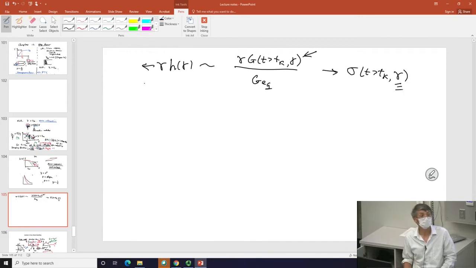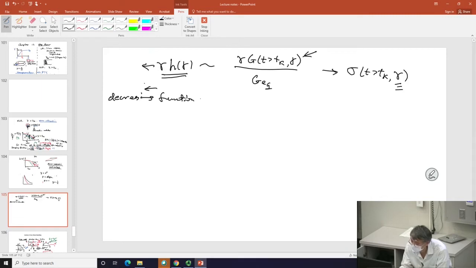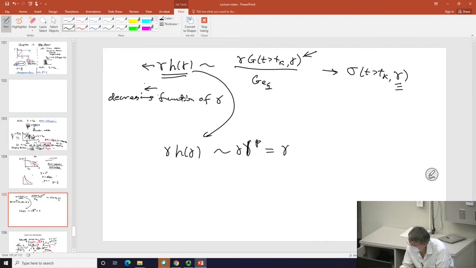On the left, I just revealed p is smaller than -1. It tells me this quantity, as I approach higher gammas, is a decreasing function of gamma. Because h goes as gamma to the p, and therefore gamma to the p is